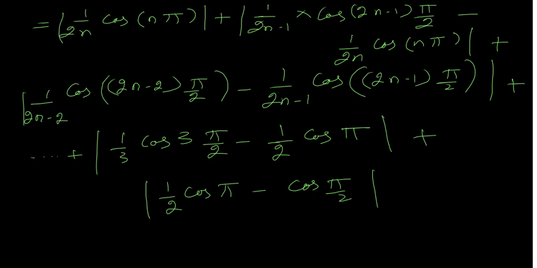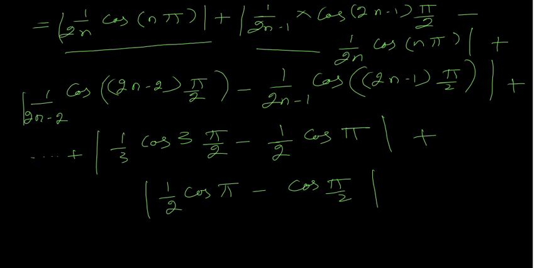So if you want to find the value of the first term, it's 1 by 2 power n. Now this one is an odd multiple of pi by 2, and cos of an odd multiple of pi by 2 is 0, so it's 1 by 2 power 2 n minus 1 into 0, that is 0. And minus this, again cos of n pi is minus 1 power n, which is either minus 1 or plus 1, but under mod it's always plus, so it's again 1 by 2 power n. So the first term is equal to 1 by 2 power n, and the second term is also equal to 1 by 2 power n. Now the third term,